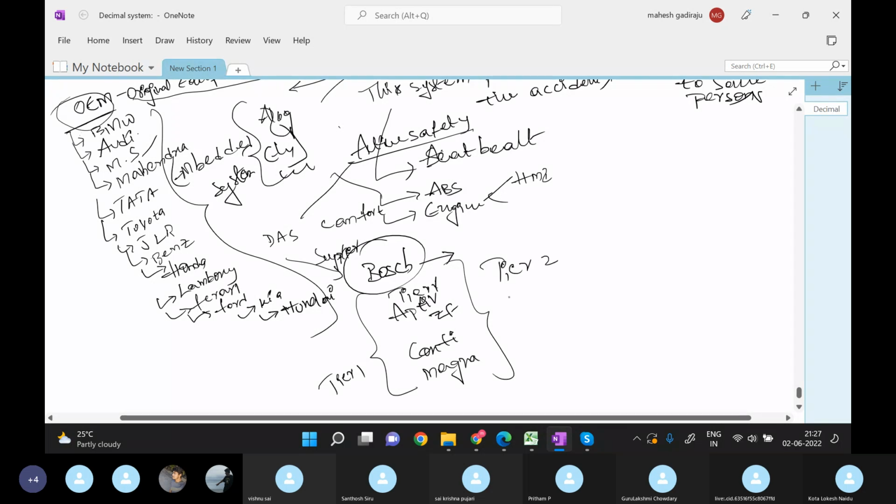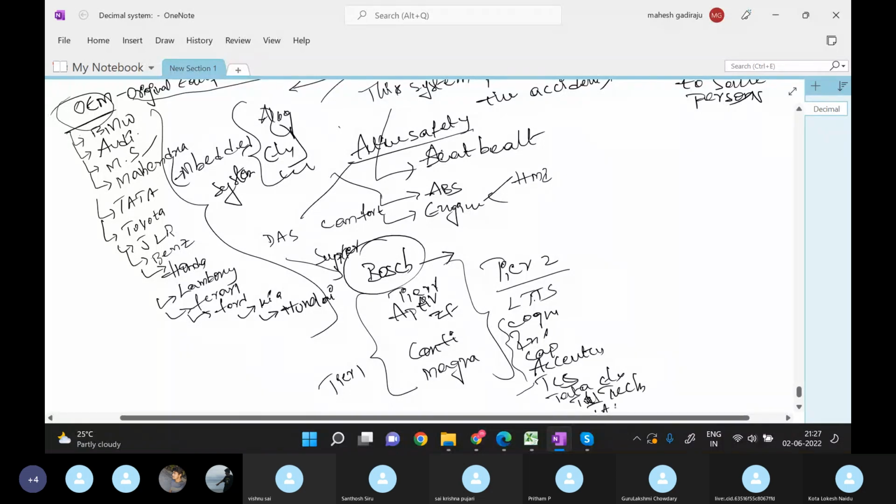Tier 2 is all your service based companies: LTTS, Cognizant, Infosys, who is also entering. Cognizant, Infosys, Capgemini, and who else here? Accenture. TCS is there. They are into the manufacturers as well as the service base. And Tata Elxsi, Tata Technologies,